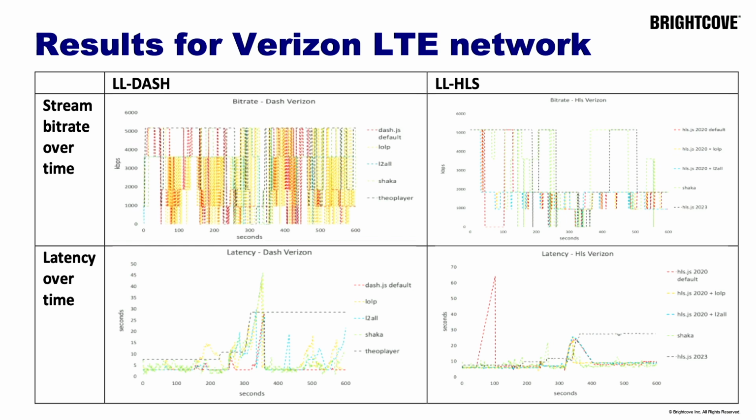And next is the result for Verizon LTE network. The results are quite similar to the T-Mobile network, but Verizon network is slightly worse than the T-Mobile one. So we see all the average bitrate or whatever are lower than the T-Mobile results. But there's one thing I want to note on the bottom left plot,